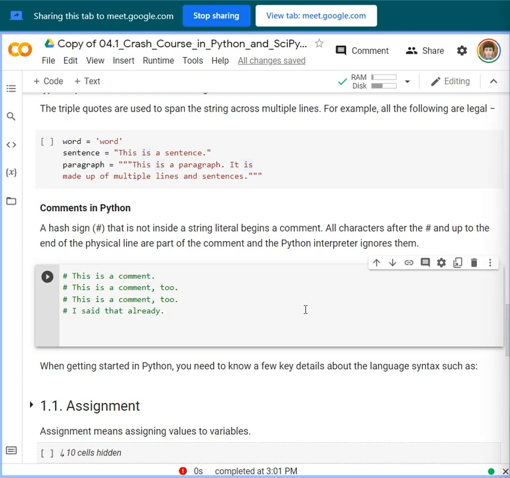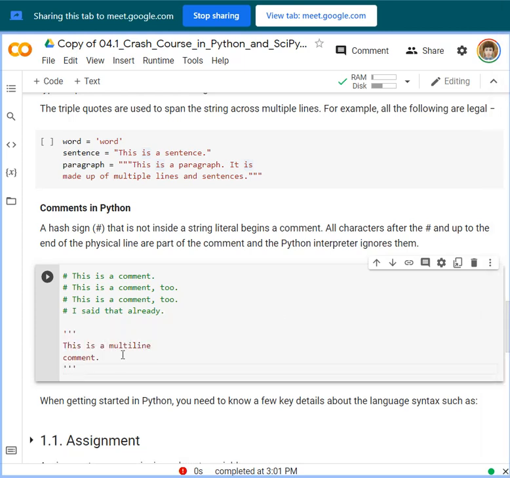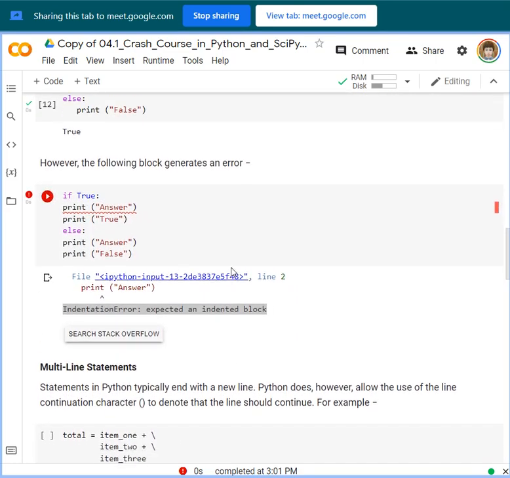Okay, let's try this one. So this is a triple quoted string, it is in between the triple quotes. Okay, so I think that's it for the syntax.